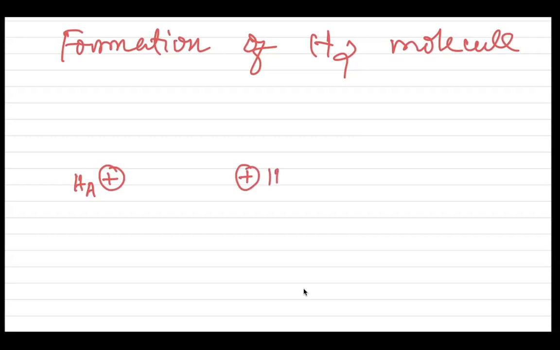Here HB, one hydrogen atom. We know that hydrogen contains one electron. Yes or no? Hydrogen contains one electron. So this nucleus is bound with one electron, EA,